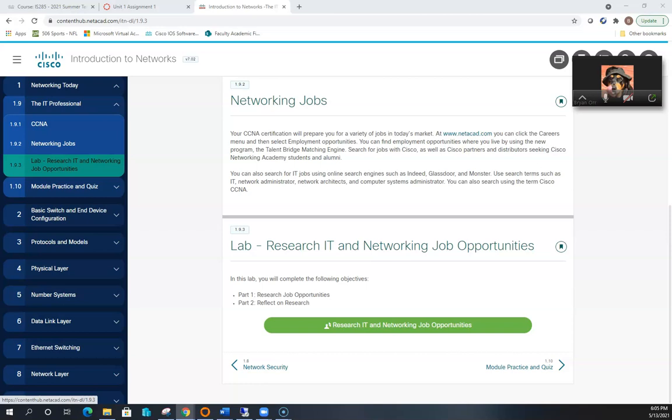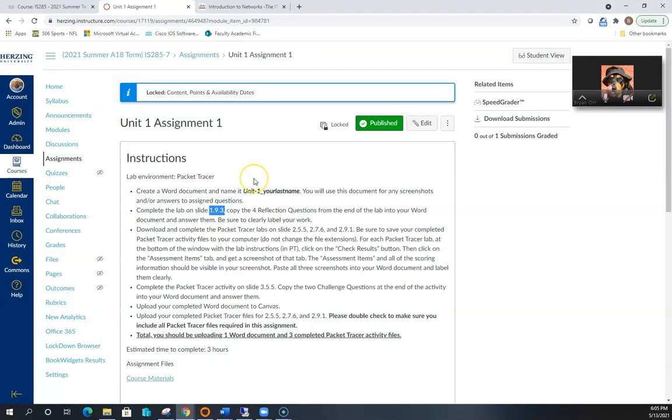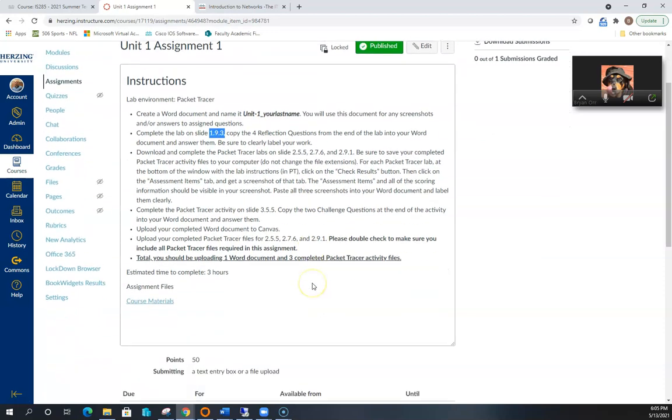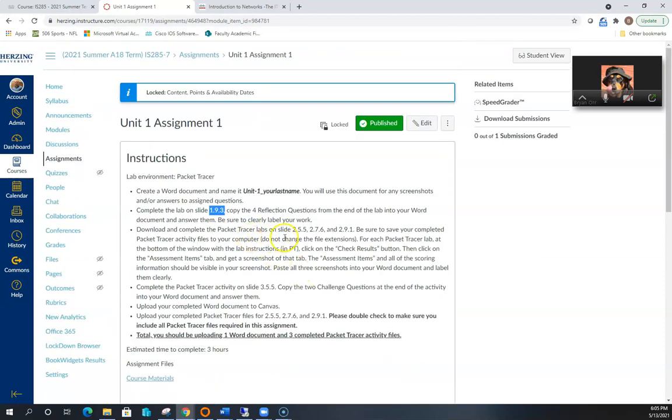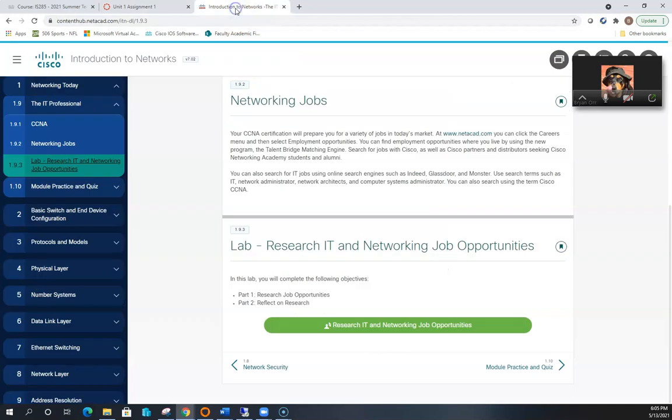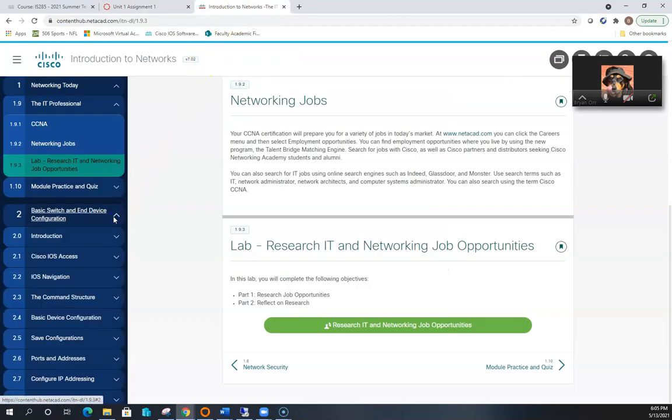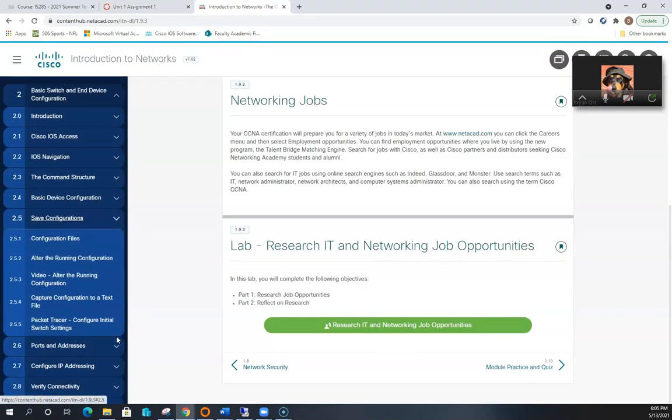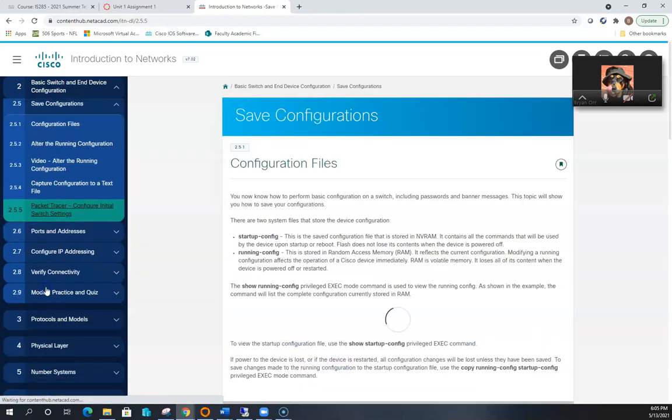Now, for the most part in this course, when you're coming in to do a lab, you're going to be doing a switch and or router configuration, and you're going to be using Packet Tracer for that. So let's take a look at one of those. If we go back to our course in Canvas, we can see here that we had 3 Packet Tracer labs that were assigned to us, and the first one is 255. So if we go into Module 2.5 and look for slide 255,